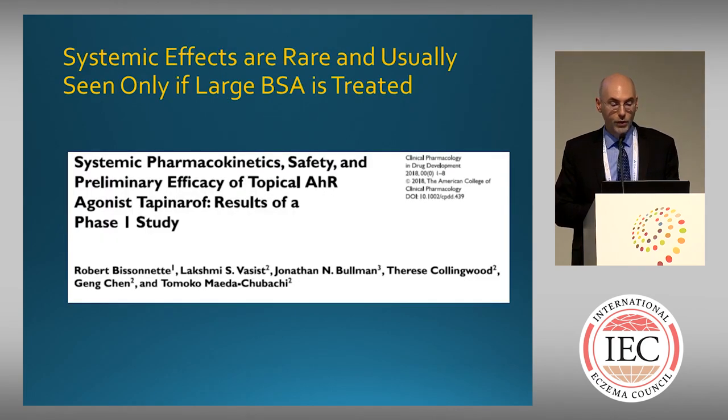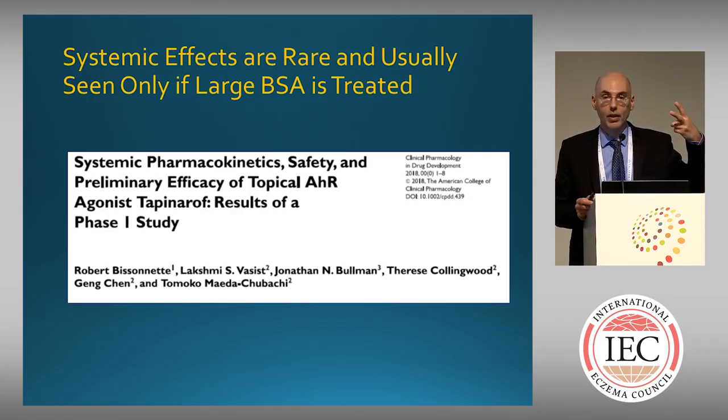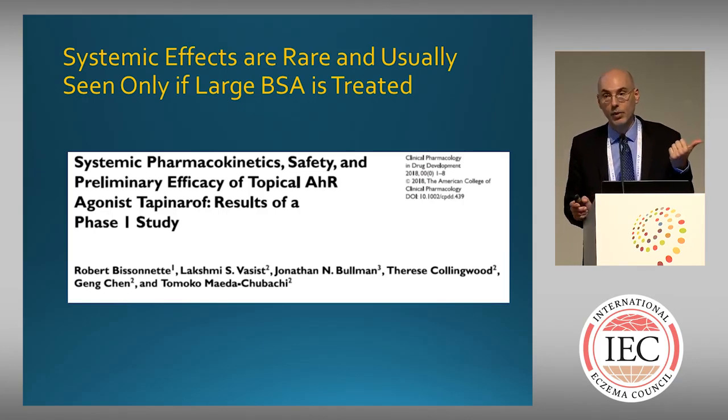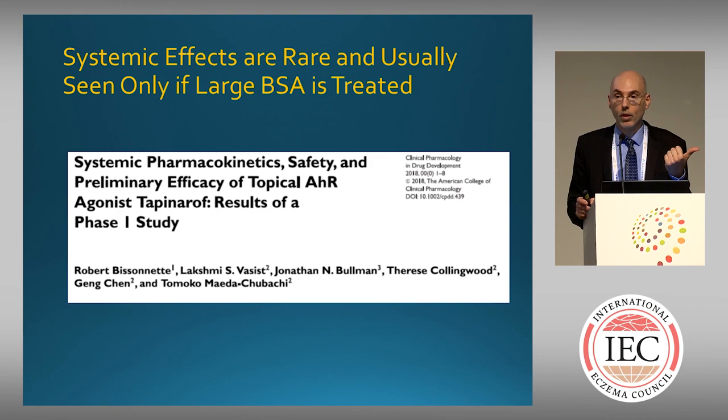Now, just a few words on systemic effects. Systemic effects with topical drugs are possible. One thing I didn't mention when I talked about phase 3 is I mentioned the 2 typical pivotal trials that a company needs to do in order to get approval, but that wouldn't be enough to get approval. So if a company has a topical drug that they want approved in atopic dermatitis, in addition to that, they need to do a maximum use study, which usually requires recruiting patients with 25% body surface area and more covered with